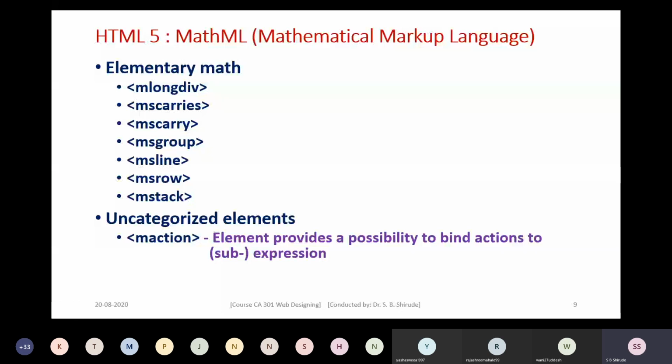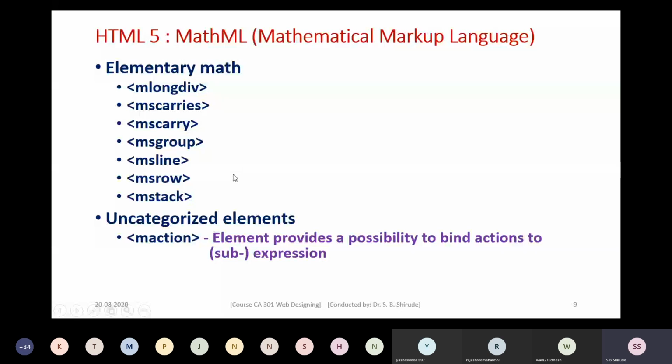Then msline. If you want to put some line somewhere in the structure of the mathematics, you can put it by using msline. Then msrow. If you want to group mathematical expressions, you can group them by using msrow. Then mstack.